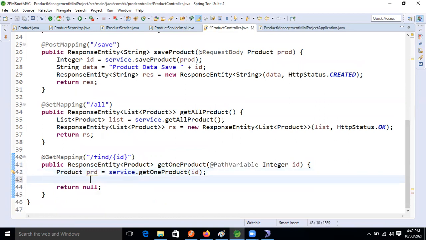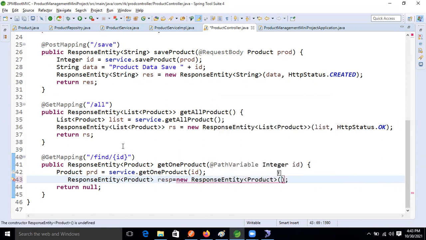Now I'm going to show one problem here, guys. Focus on this area. I'm stressing it because something is there, that's why I'm explaining. So here I'm taking response entity product, resp equal to new response entity. Good, very good.